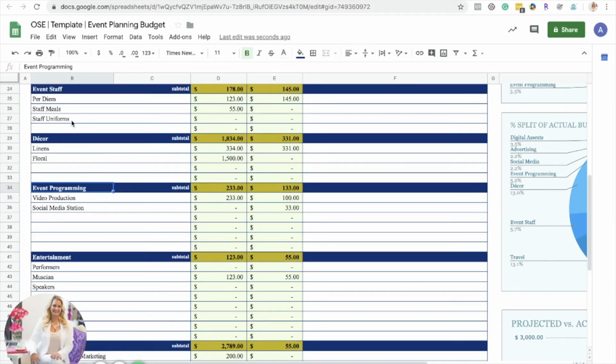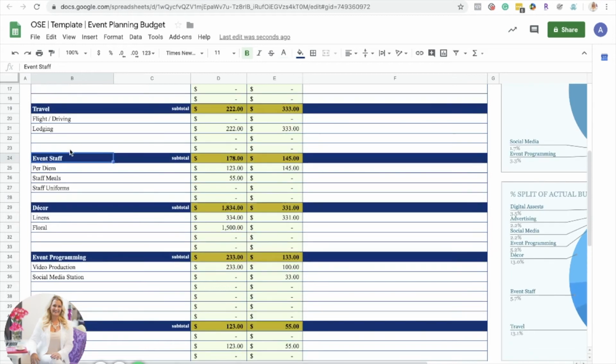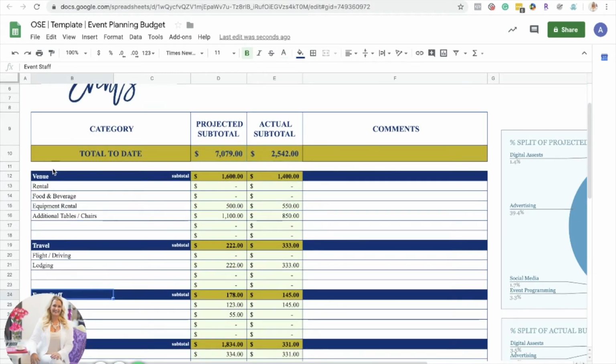What I would not do is try to move things around and change cells, because we have the formulas set up here. For instance, let's start at the top here, venue. Everybody usually has to have a venue, right? And what are the expenses under the venue? Rental, maybe food and beverage, any kind of additional equipment coming from the rental, tables and chairs. But again, this could be changed out, like if you're getting AV from the venue. So if I change this to AV and then put the total, let's say $1,500,